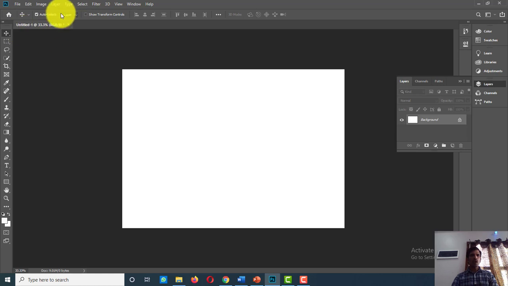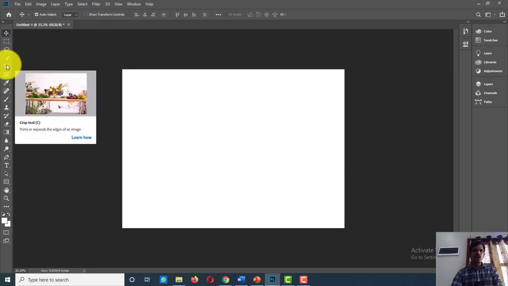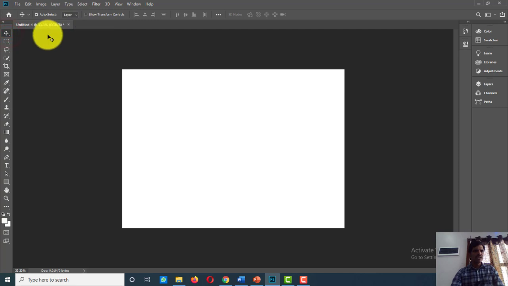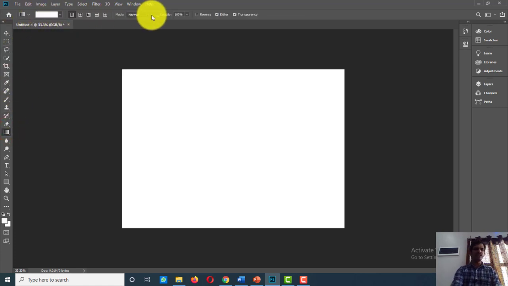The next one is the options bar. It is directly related to the toolbar. On a Windows system, the options bar is located below the menu bar. Your options bar always changes to display options for whichever tool you currently have selected. Here, the options bar is displaying options for the Move tool. For example, if you select the Crop tool, then it displays the options for the Crop tool. If you select the Gradient tool, then it displays the options for the Gradient tool.